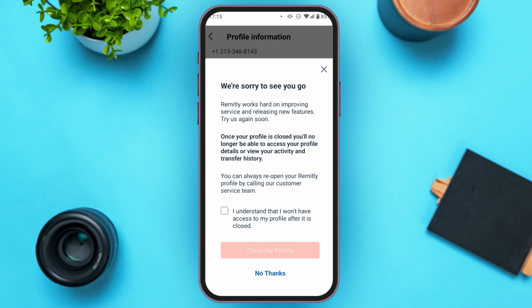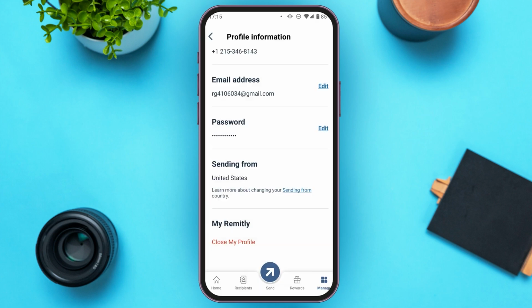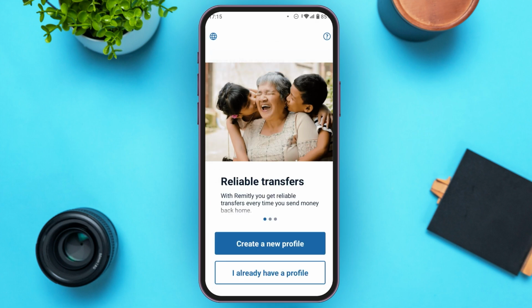Now what you have to do is check on the box. I understand that I won't have access to my profile after it is closed. After that, close my profile option will be activated. All you have to do is tap on it. Now you can see over here your profile is closed. So that is how you close Remitly